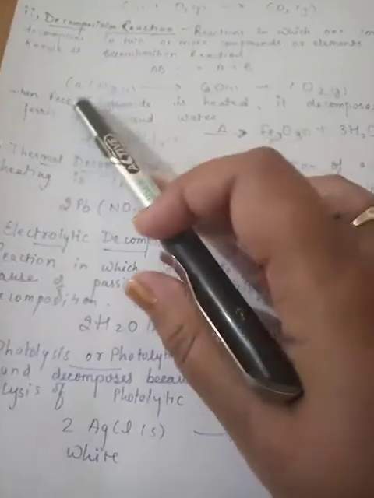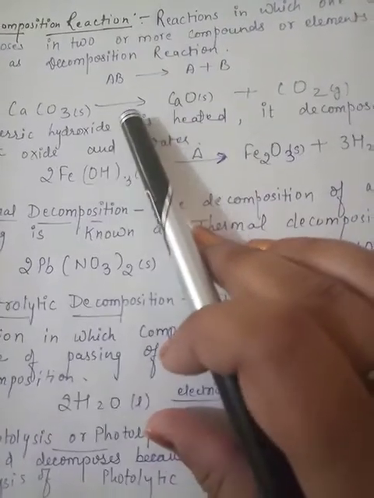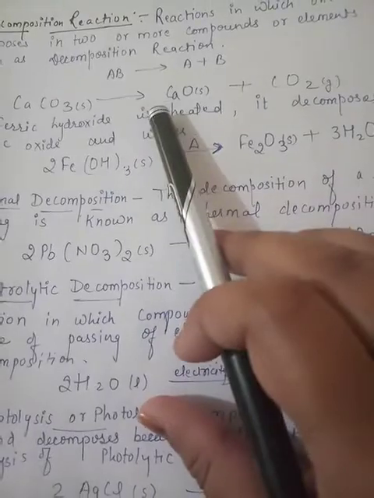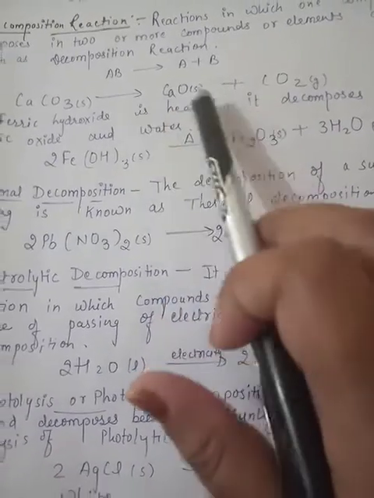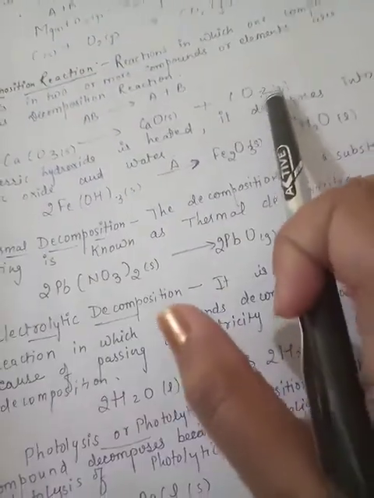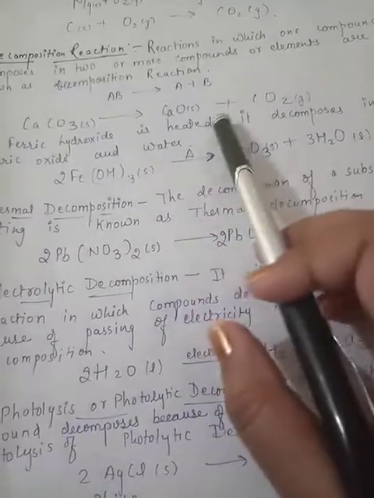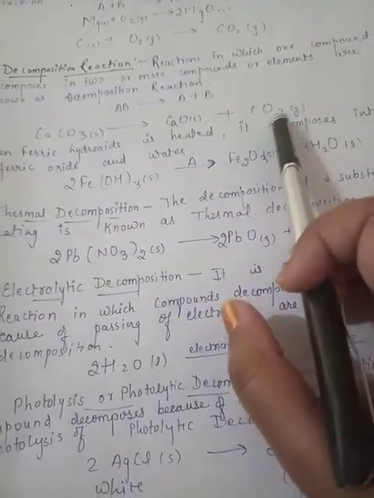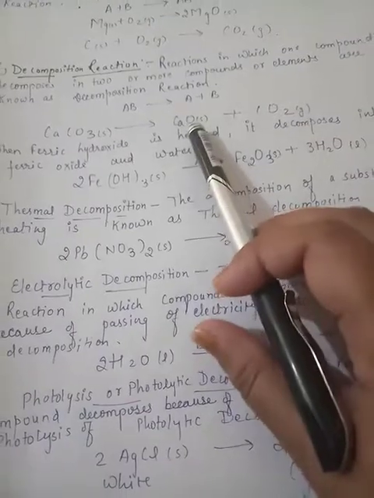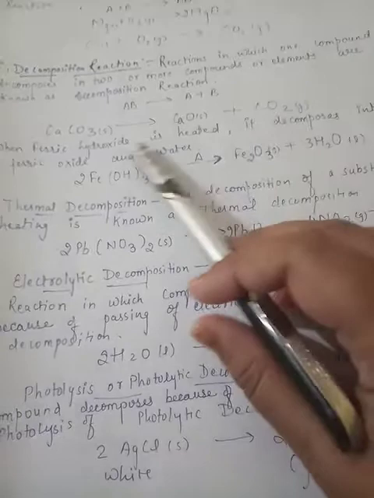So here the reaction is calcium carbonate. Here calcium carbonate is in solid form. So when calcium carbonate is going to be heated, calcium oxide solid is going to form with carbon dioxide. In this reaction also you can see that the equation is balanced. Oxygen is 3 here, and 1 plus 2 on the other side; carbon is 1, here also 1; calcium is 1 and 1.